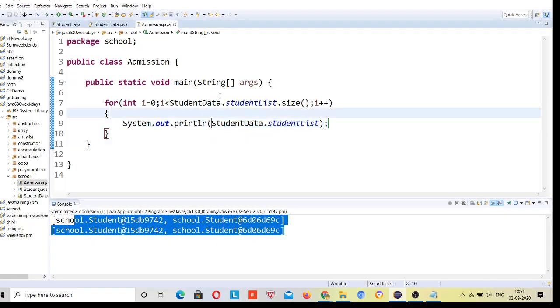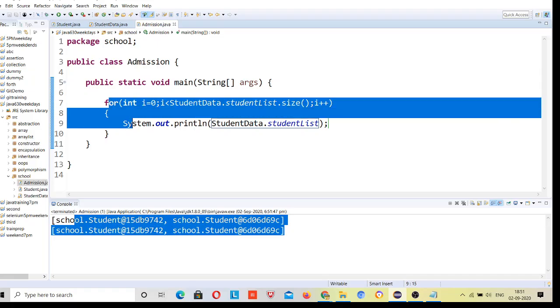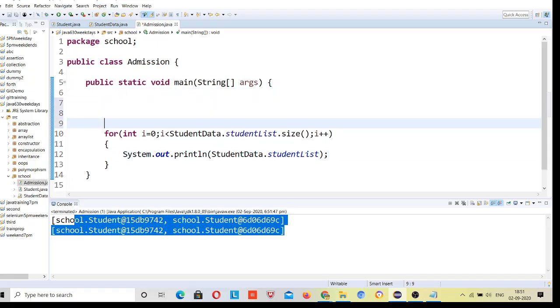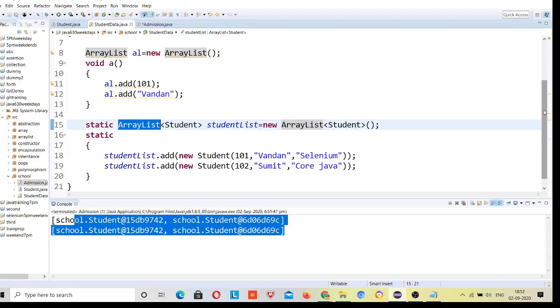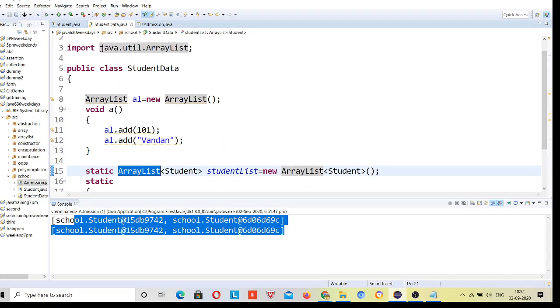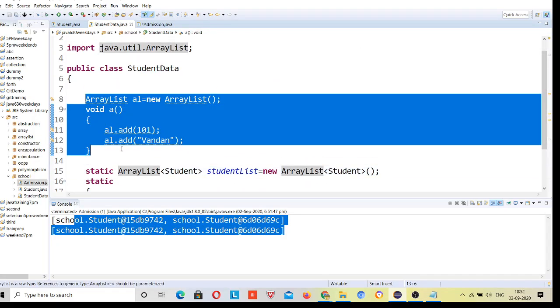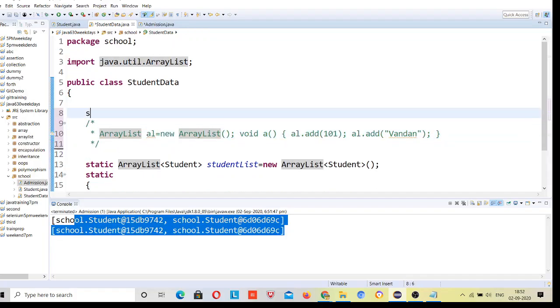But before that, just comment it out, and come here. This one is the static variable. Static int a is equal to 5. Whatever is defined as static, that data is loaded and shared with all, right?